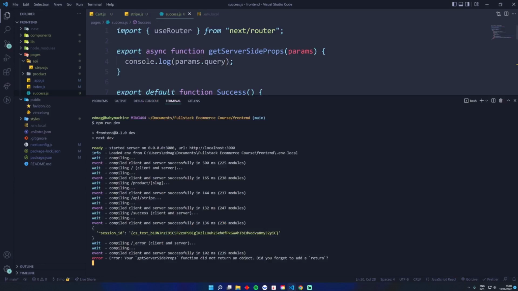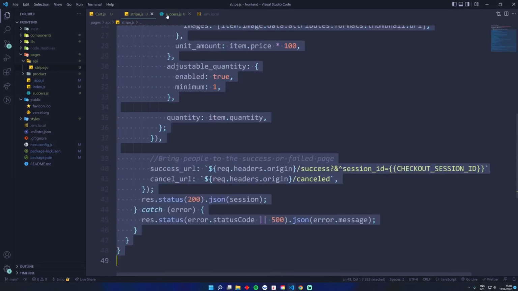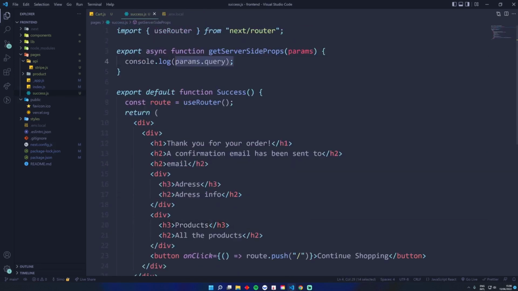Let's see if it got console logged out here, and it did. Check it out, session ID. So this session ID is going to hold all the information that we passed through here in this session. Okay, so what we can do now, since we have it in params query here, we can import